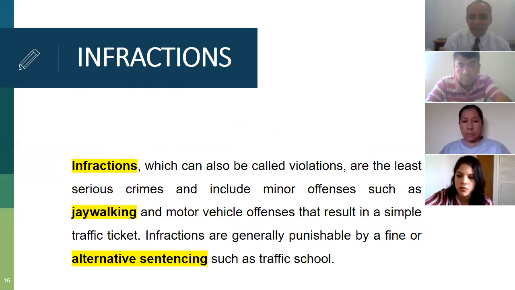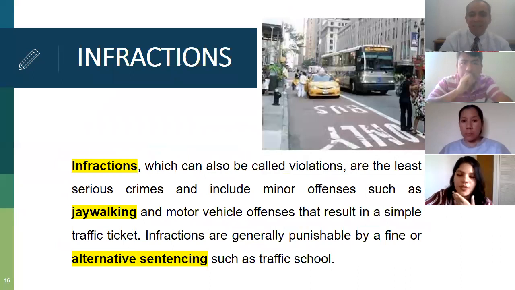Do you know what jaywalking is? No? Well, jaywalking is basically to cross the street the wrong way, when they don't follow the rules. I think the teacher Julio said something about it. I seem to remember that term, jaywalk. He said something about that. Yeah, exactly. Yes, I still remember.